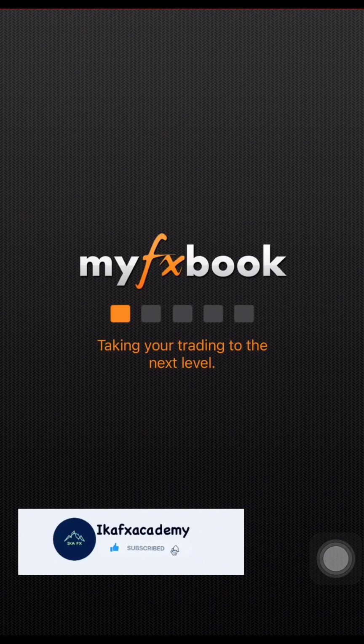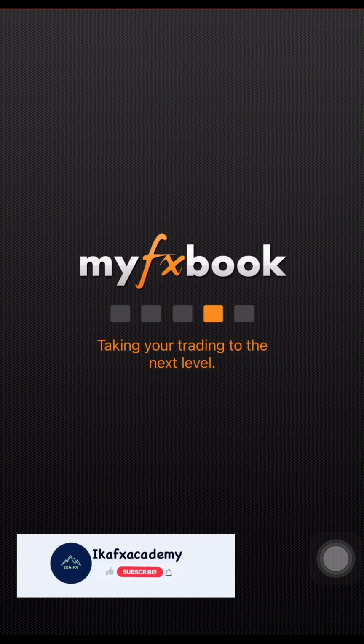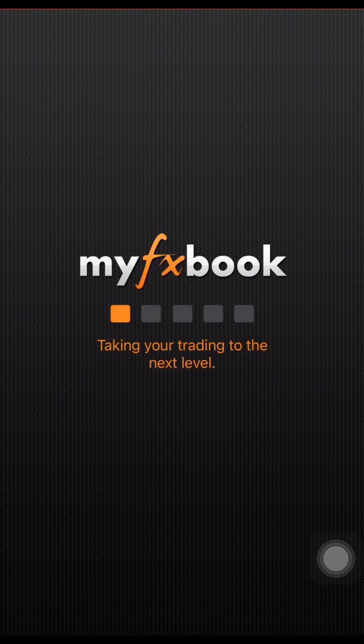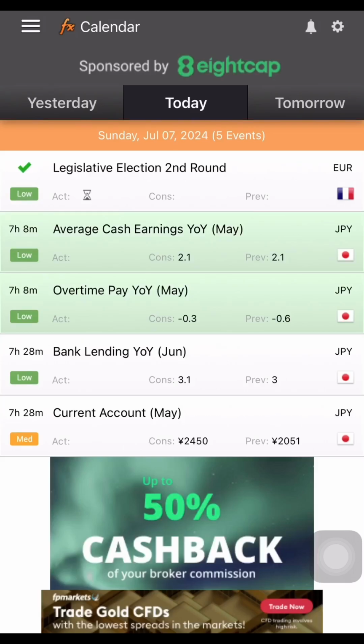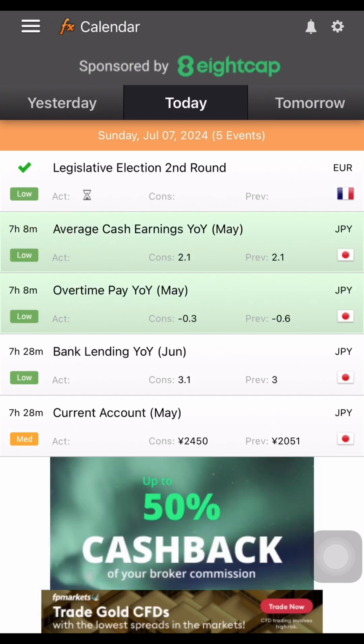Now, this app is similar to Tradays, but this one has more details. If you are looking at the direction of a currency pair that you want to take, go to the Myfxbook app, and it is going to show you. So you see, the way things are positioned is just entirely different. Here you have the country flag on the right hand side, you have the impact of the news on